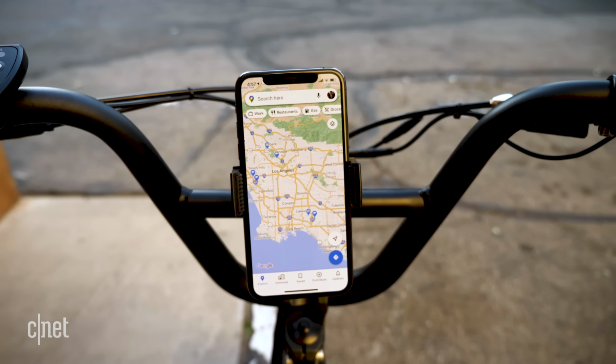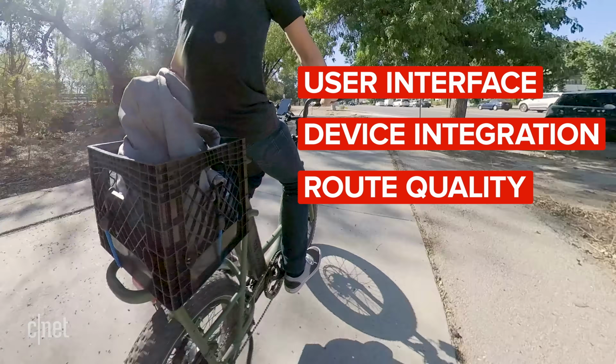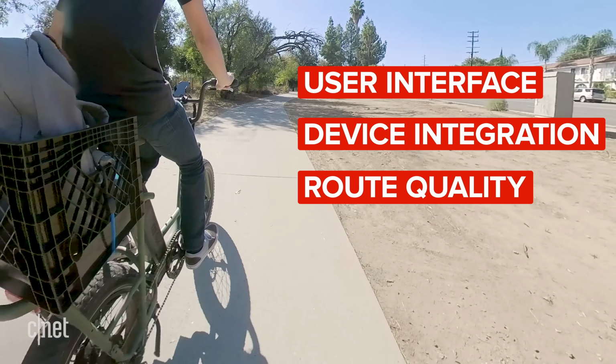Okay, so cycling navigation is a new feature in Apple Maps with the most recent iOS 14 update. Up until now, Google Maps has been my go-to navigation app, whether it be for cycling or driving, but since I'm an iPhone user, I wanted to give the native experience a shot with this new feature and see how it does. I'll be comparing the two apps on 3 different categories, including user interface, device integration, and overall route